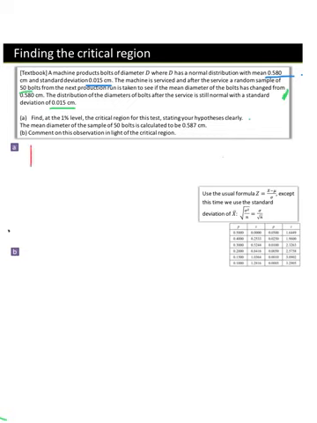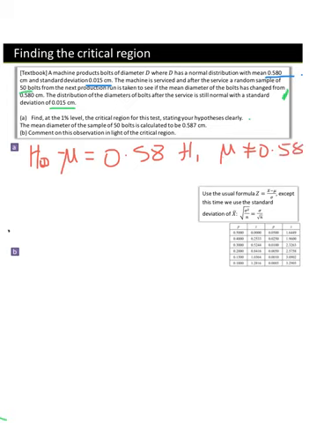So our null hypothesis, H0, will be that the mean equals 0.58, and our alternative hypothesis will be that the mean is not equal to 0.58. So if we assume the null hypothesis, so if the mean is equal to 0.58, that means the diameter of the